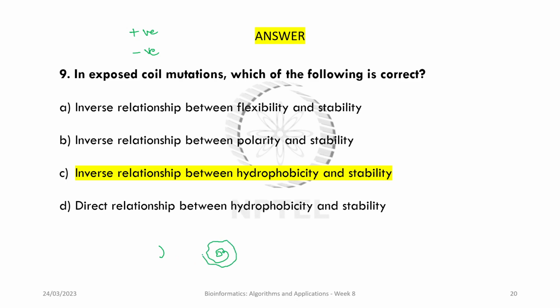Let's say this is a protein. It's a very bad representation. So the residues in the internal core of the protein will be more hydrophobic or apolar. So if those are mutated,